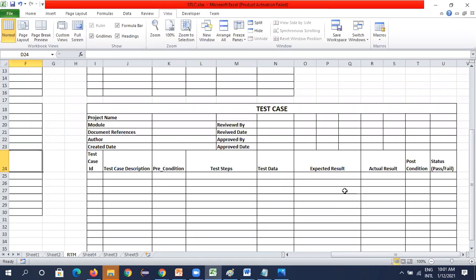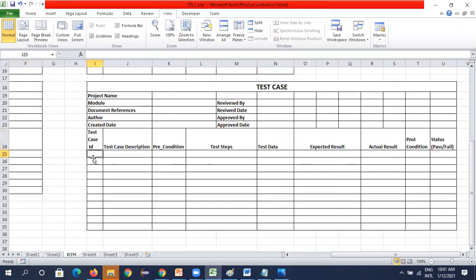So this is how the template would be: test case ID, test case description, what we are going to test, and the preconditions. Preconditions means what we need to have for testing, for example the login page.